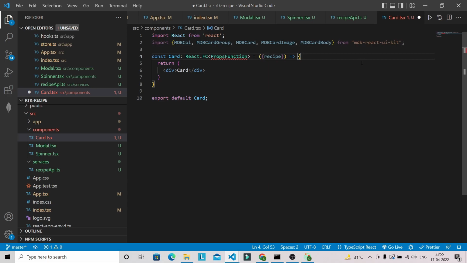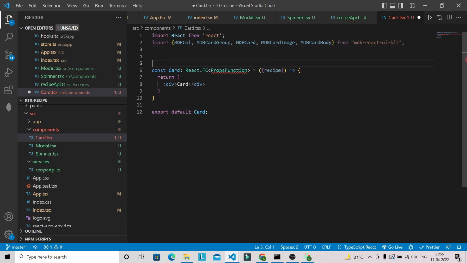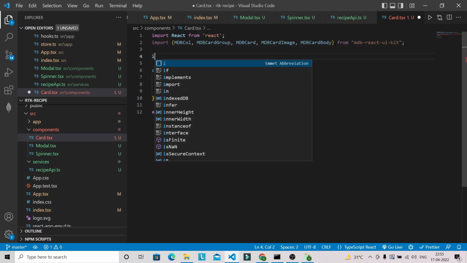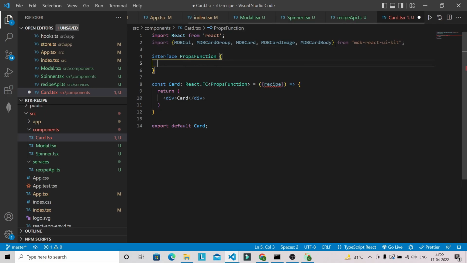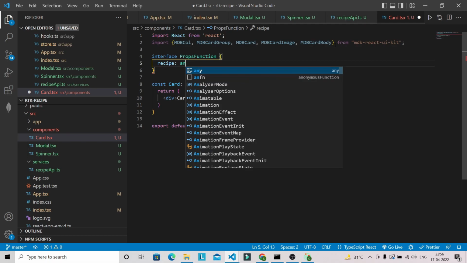So whenever we pass a prop to a functional component in TypeScript, we have to write our functional component this way, and outside this functional component we have to define our interface, otherwise we will get error. So let's define this props function, and we are going to receive a recipe, so it could be any. Okay,